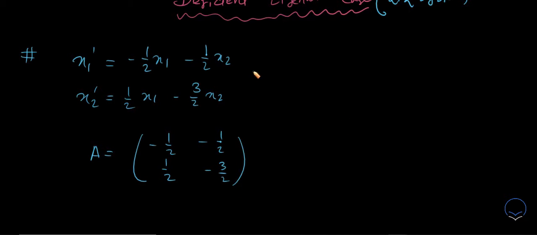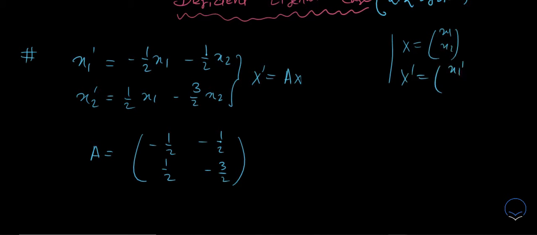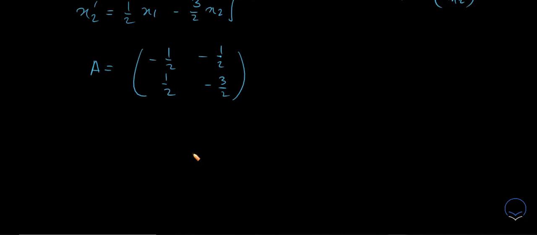Since this equation is in the format of a column vector X prime equals AX, where X is x1 and x2 and X prime is x1 prime and x2 prime,